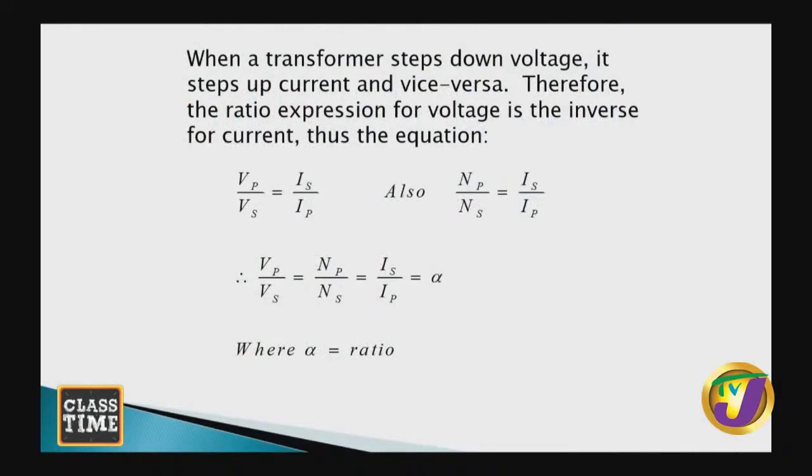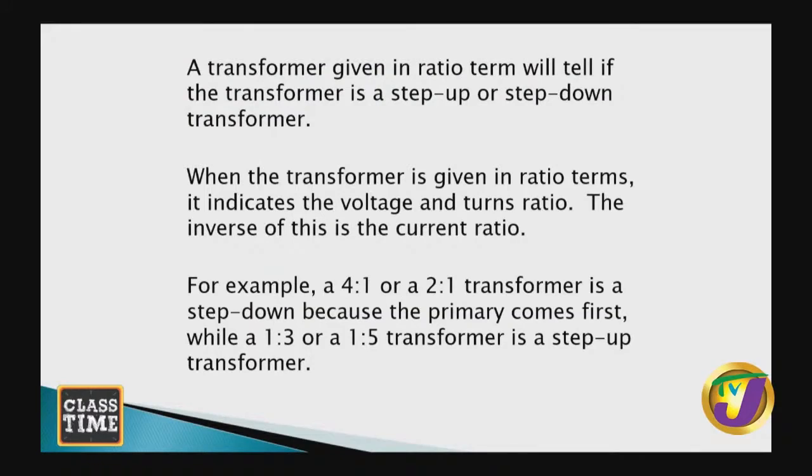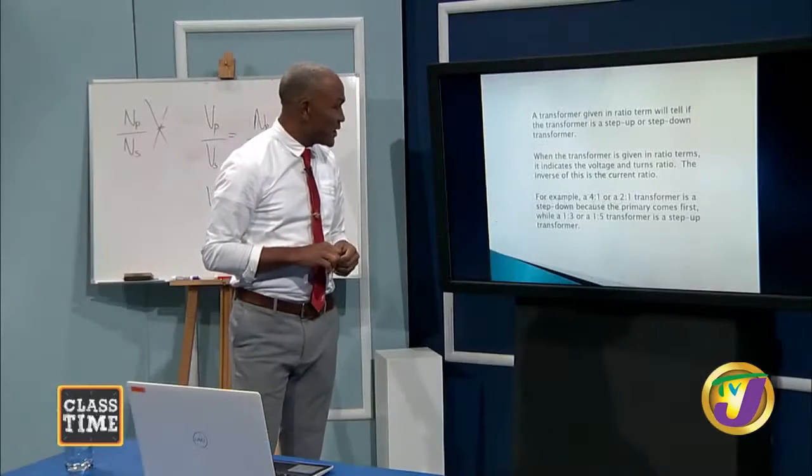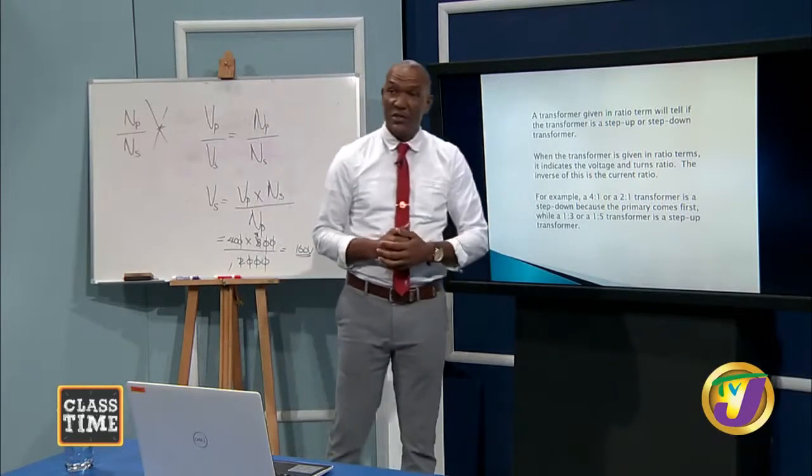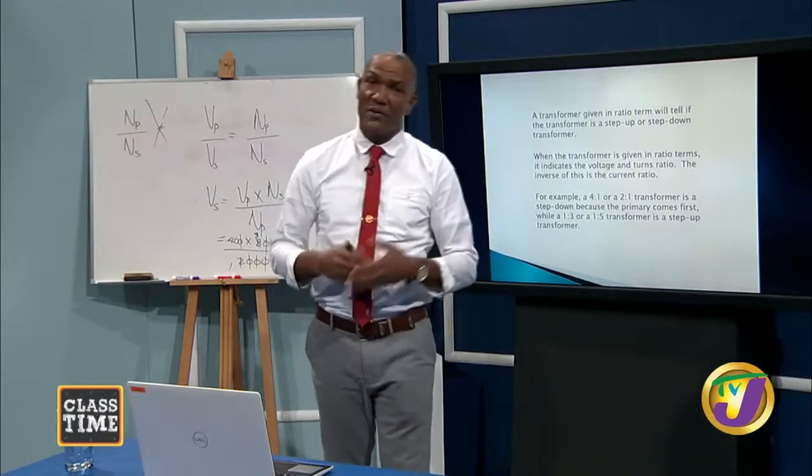A transformer given in ratio terms will tell if the transformer is a step up or a step down transformer. Remember, we're talking about voltage mainly. When a transformer is given in ratio terms, it indicates the voltage and the turns ratio. The inverse of this is your current ratio, but we mainly use the turns ratio and your voltage ratio. For example, a 4-to-1 transformer or a 2-to-1 transformer, and I could say a 3-to-2 transformer or a 5-to-2 transformer,